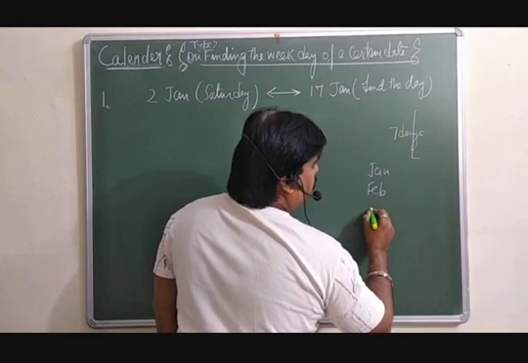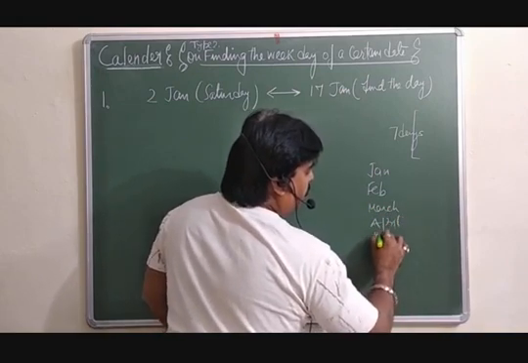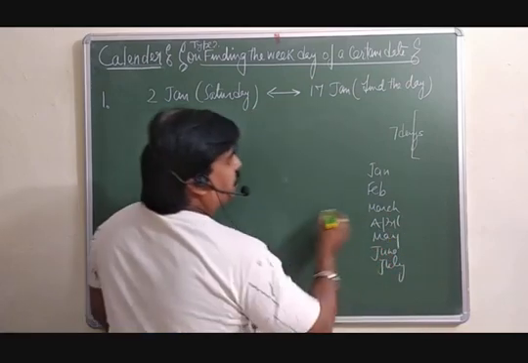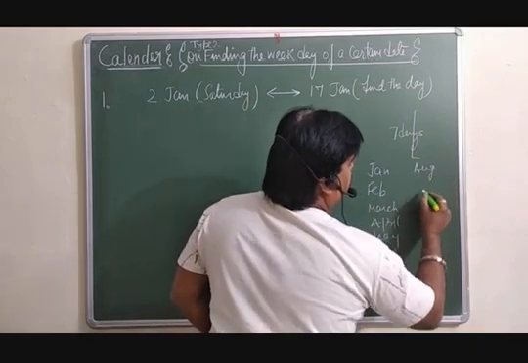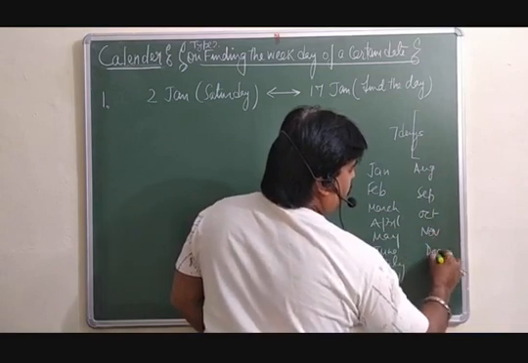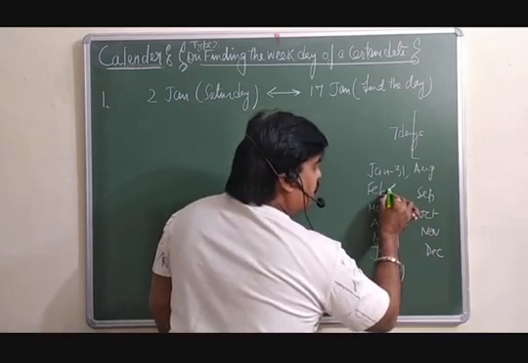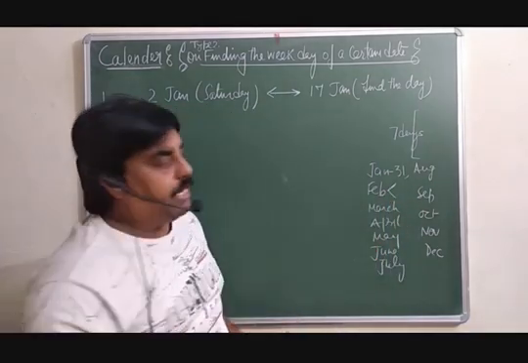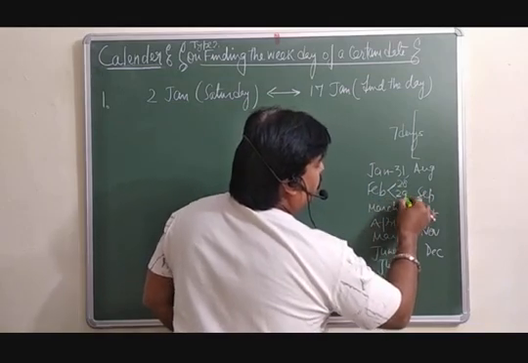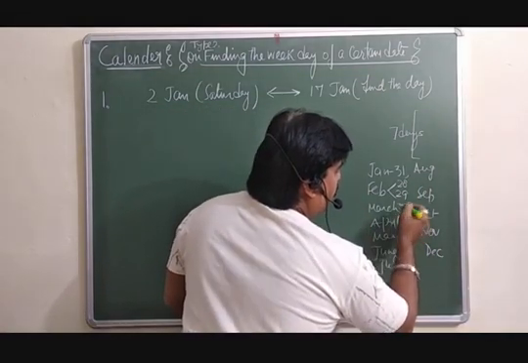In February, you know that is February, then March, April, May, June, July, and similarly you can take August, September, October, November, and December. See, in January there are 31 days. In the month of February, that depends on the leap or ordinary year. अगर non leap year है, तो there will be 28 days. अगर leap year है, तो there will be 29 days. In March, that is 30. See how come to know this one?